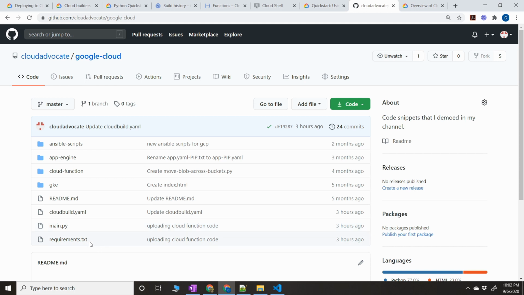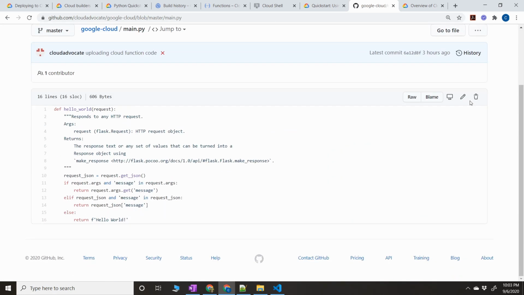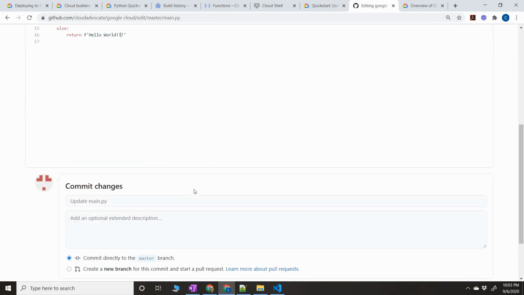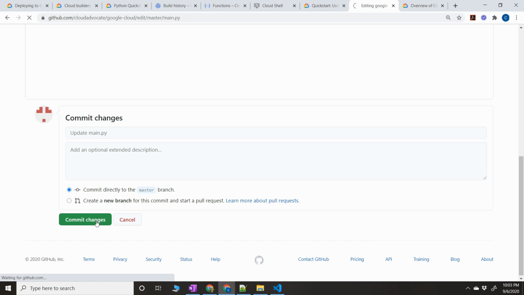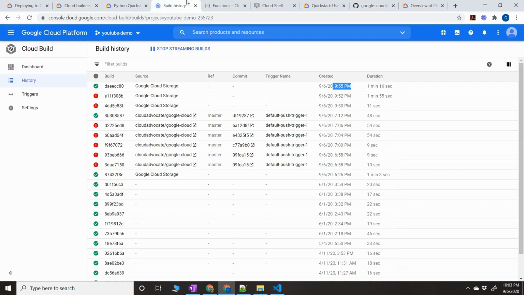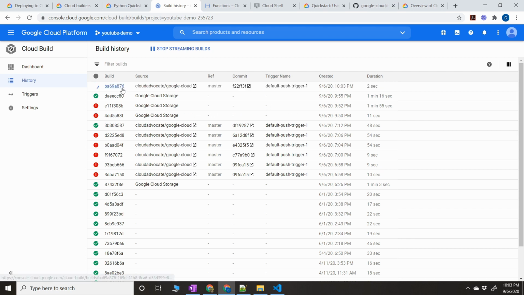Let's say that first time I want to deploy this, right? So I want to go to main.py and edit this file and just put a few more marks here and commit the changes. As soon as I've clicked on commit, you will see that the build will start. So the build will trigger automatically,